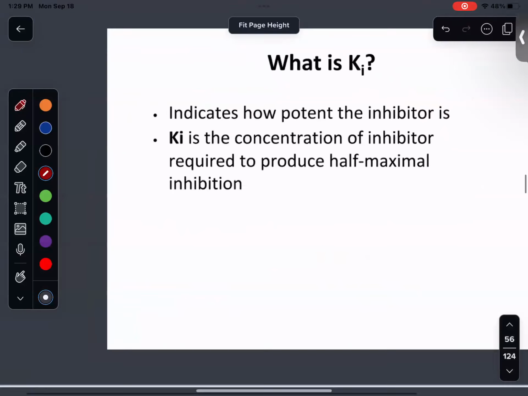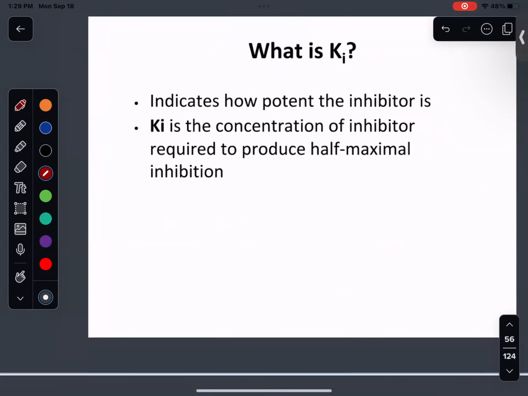Okay. What is Ki? It's going to basically tell you how potent, or in very broad terms, how effective is this inhibitor, right? So this is the concentration of inhibitor that we need to produce half maximal inhibition. So that sounds kind of familiar, right? So in practical terms, if we have an inhibitor where a very small concentration can yield a big response, something like